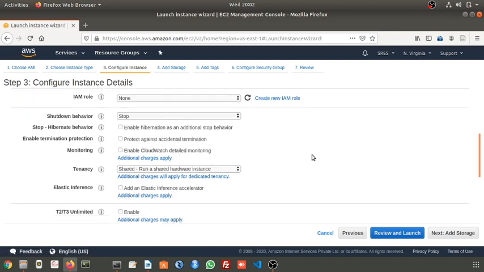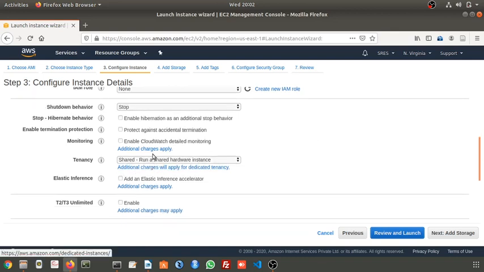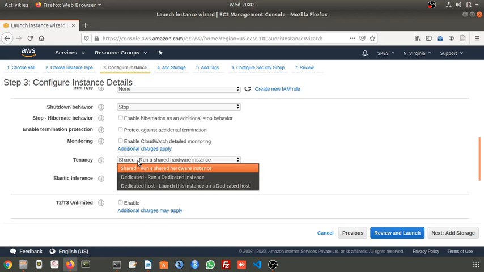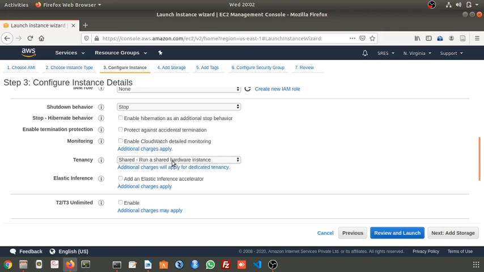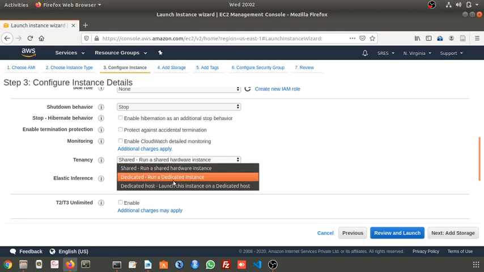Next, tenancy means how you want to rent this. Here 3 options will be there. One is shared, run a shared hardware instance, which means your hardware will be shared. Next, run a dedicated instance, where complete hardware will be given to you.